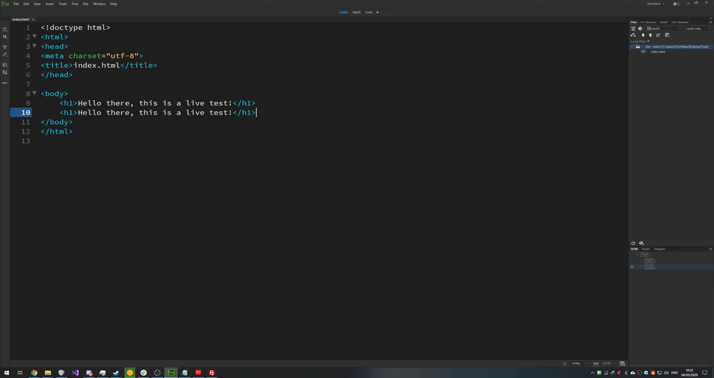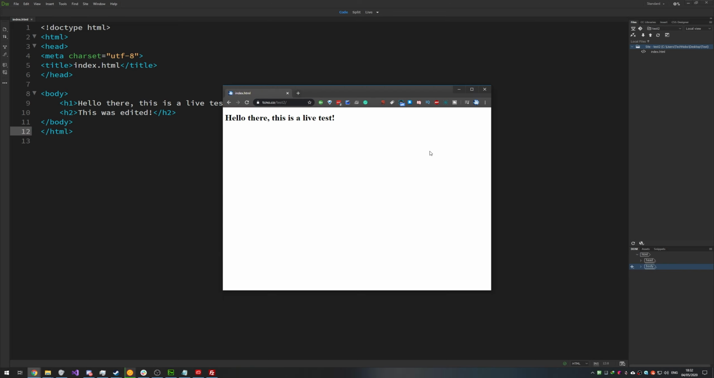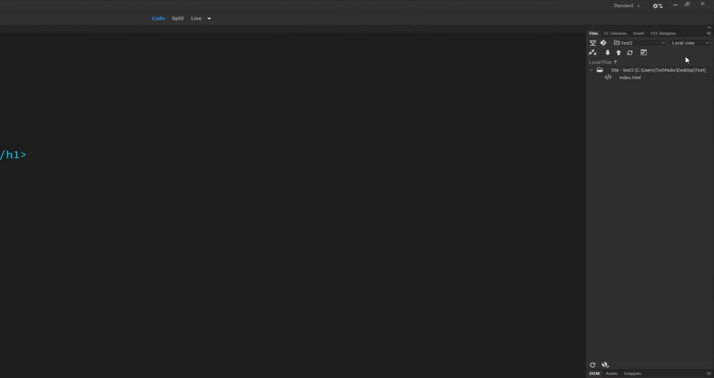Now let's go ahead and edit this. There we go. I'll enter this was edited right below it. I'll hit Ctrl S, then I'll head across to my web browser, Ctrl F5 to refresh, and you can see nothing changed. However, heading into the files window once again, clicking the drop down and changing it to remote server,